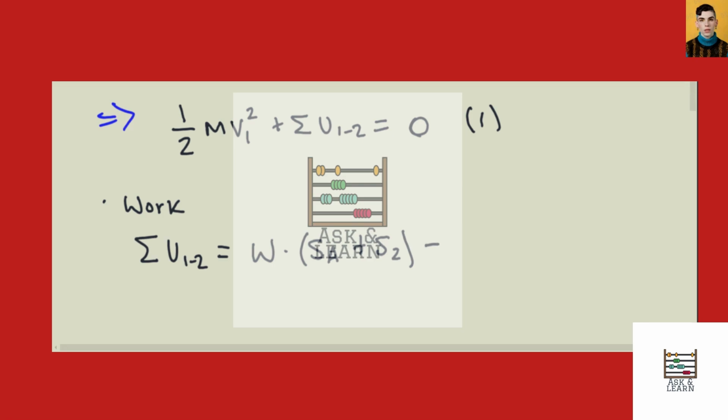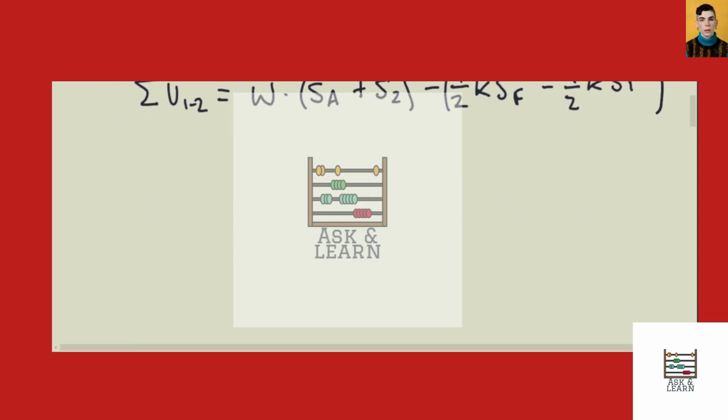Now let's look at the spring. And again, the spring will create a work in the opposite direction of this block. So work will be negative here. And the force due to the spring is 1/2 K times S, we'll call it S final squared, minus 1/2 K S initial squared. And all this is in parentheses. So now let's look at first S initial. Well,